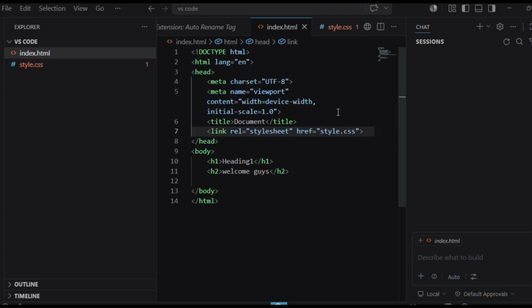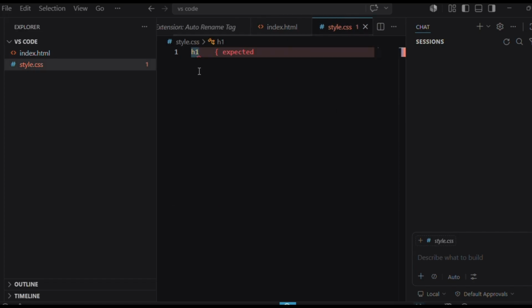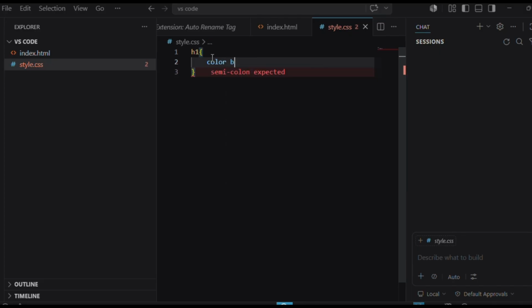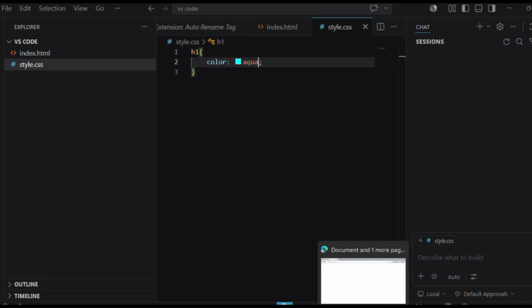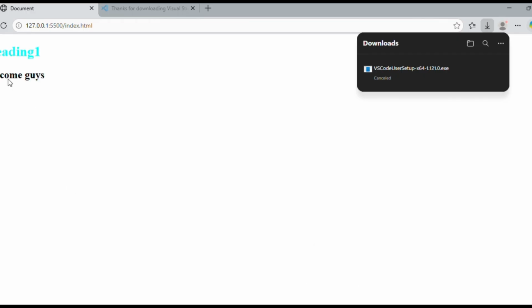So here in href, which is the link, you put style.css, and then here in style you come and put what they are suggesting. Do not use empty rule sets. So you put in something like that. Then you can put color, you put it on blue, color aqua. Then if you come here in your browser,